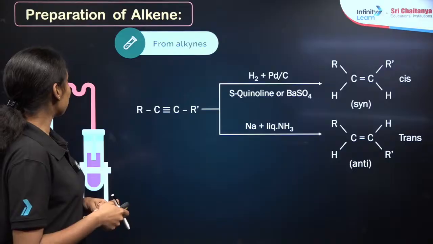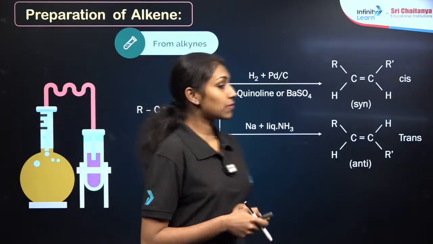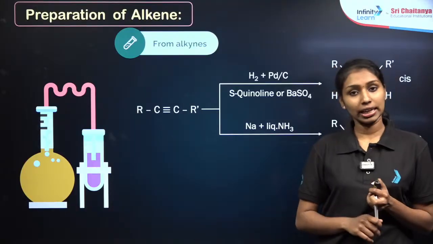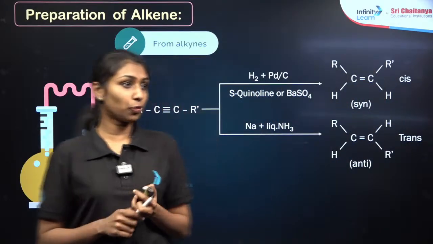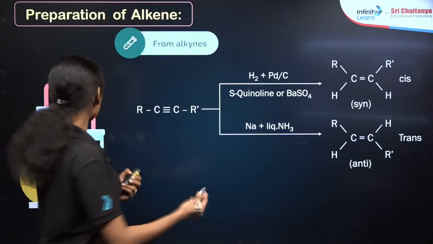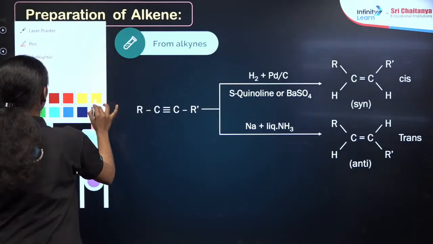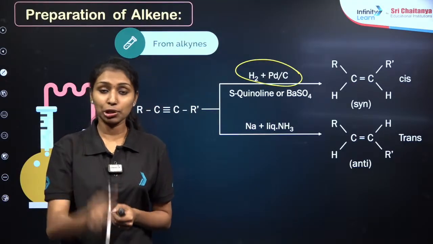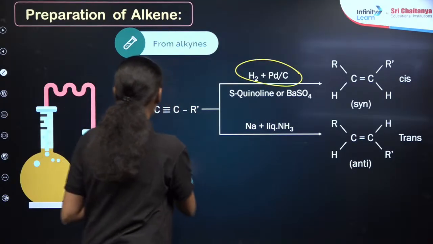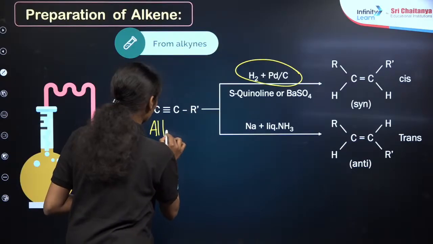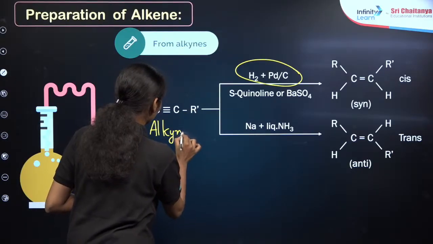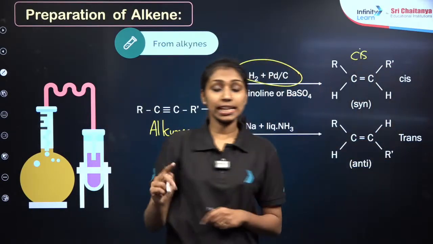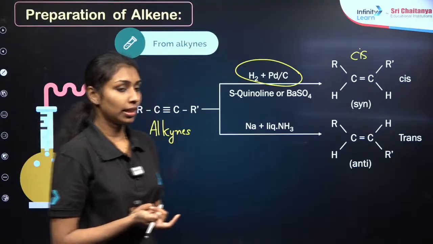As you can see over here, these are the methods to prepare the alkenes. The first one is from the alkynes, unsaturated hydrocarbons. We can use two different catalysts to get the alkenes. If you are using hydrogen with palladium, this is our Lindlar catalyst. If you use Lindlar catalyst on alkynes, you will get the cis alkenes. Then instead of Lindlar catalyst, if you are using sodium in liquid ammonia,